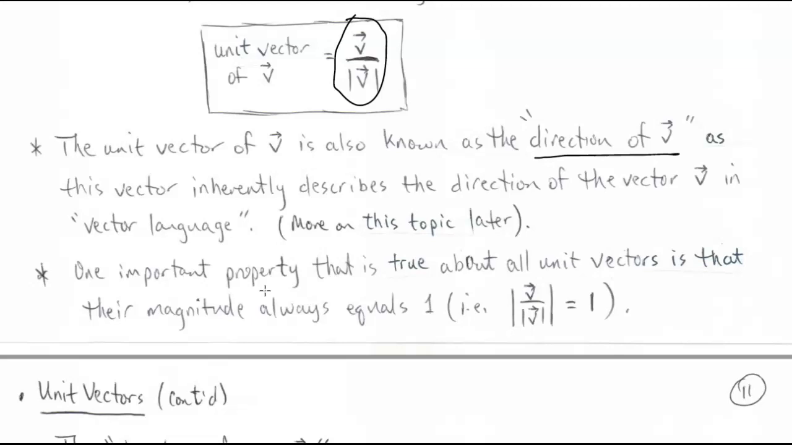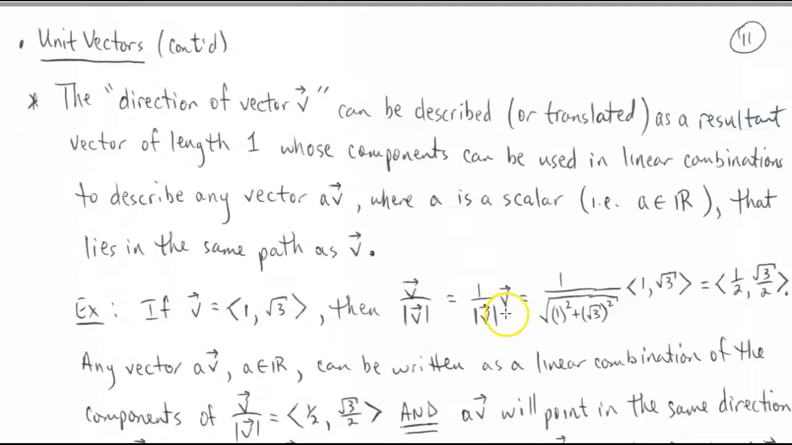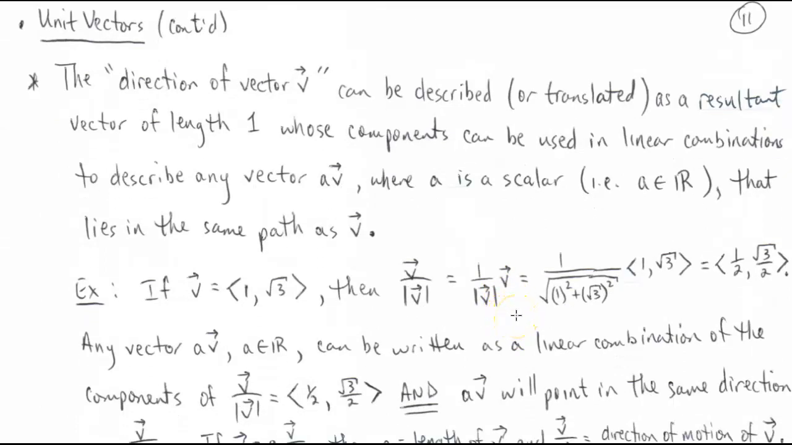And so that's why I used the analogy of, how much do I have to go in the x direction, y direction, and z direction to form this particular vector? And that vector is going to be a length of 1, because all unit vectors are going to have a length of 1. And if we move forward here, we know, again, that the direction of a vector v can be described or translated as a resultant vector of length 1, whose components can be used in linear combinations to describe any vector